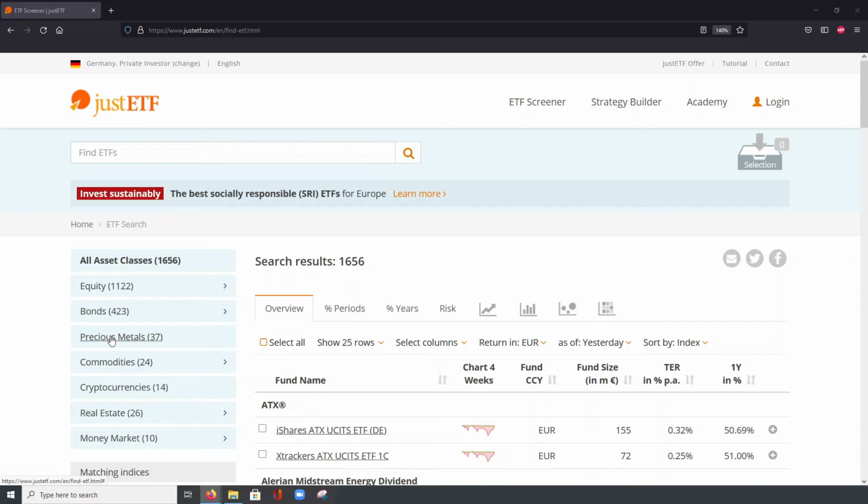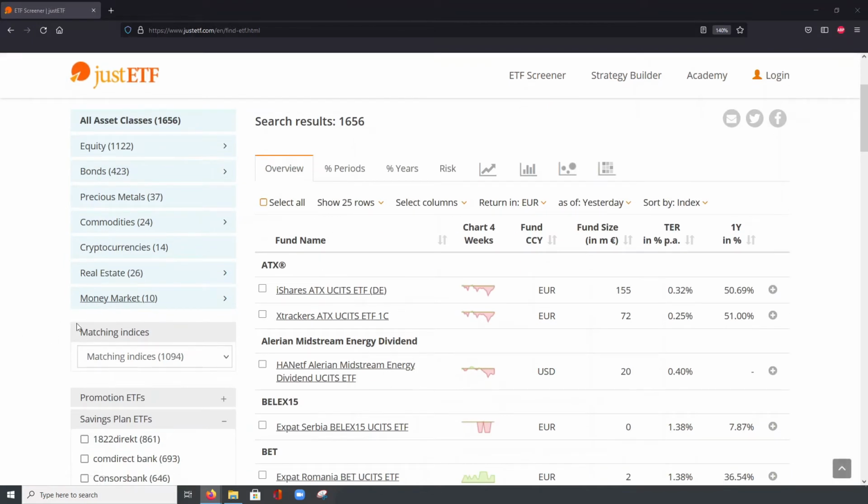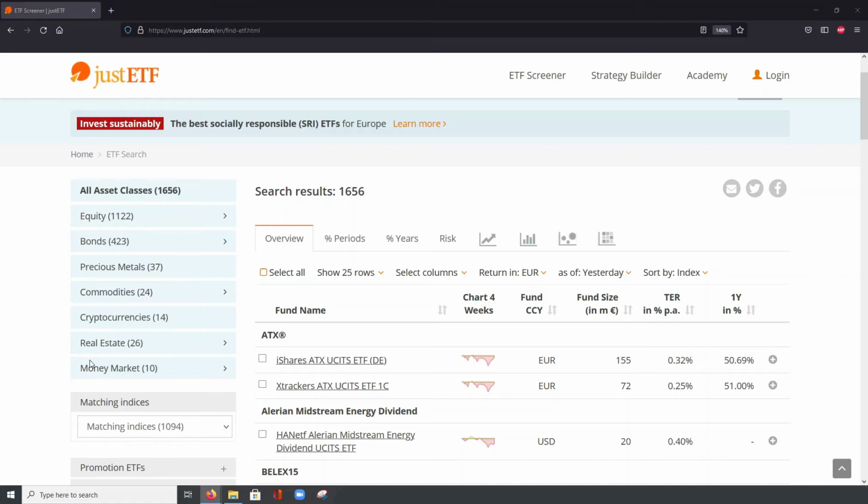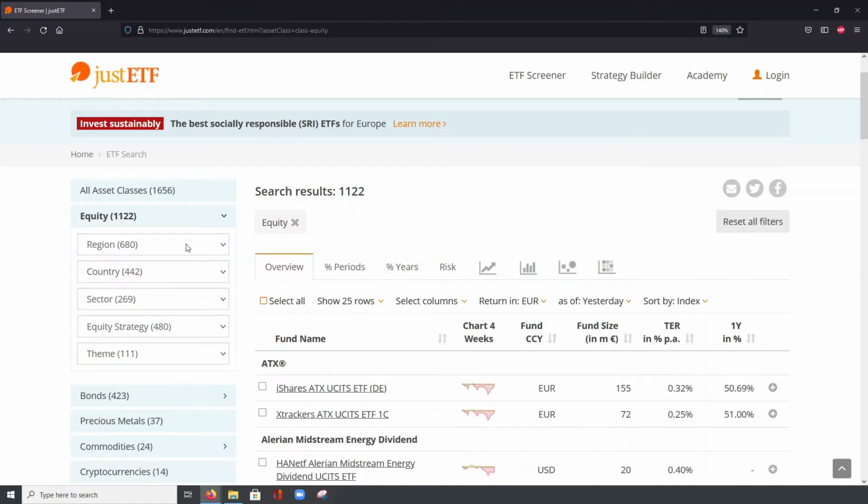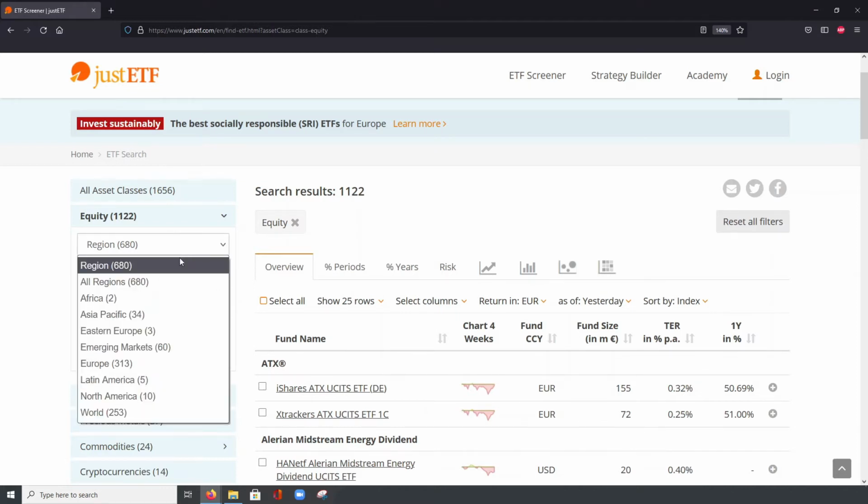So let's assume in this video that you want to follow a classic 70-30 world portfolio with the indices of MSCI World and the MSCI Emerging Markets. Our focus will be just the stock market, leaving out bonds, commodities, real estate or other asset classes. So here on the left, we don't have to focus on all these other asset classes, we will just go to equity. In order to start with the MSCI World, we have to go here to region and